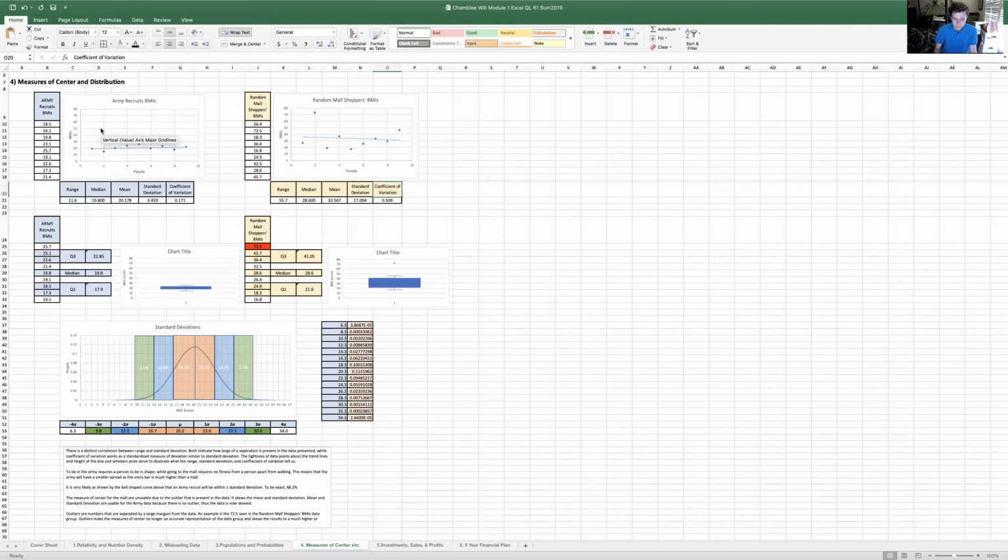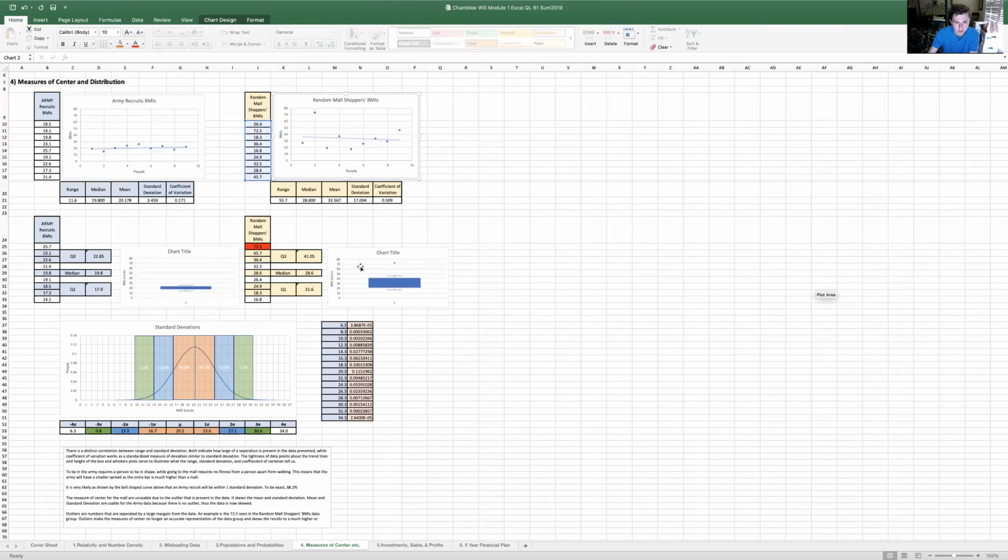See with the Army, something talked about in the 5-sentence questions, the Army recruits are much more uniform compared to their mall shoppers. It's obviously due to the requirements to be an Army soldier. To be a recruit, you have to be in shape, have to be fit, able to do certain tasks. To get to the mall, you just have to be able to walk or drive. So that means that Army recruits are going to have a much more likely chance of being within one standard deviation, which we see in this bell-shaped curve here. That 68.2 is probably very true of Army recruits, if not higher.